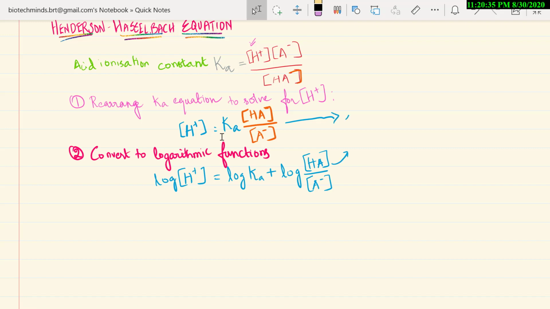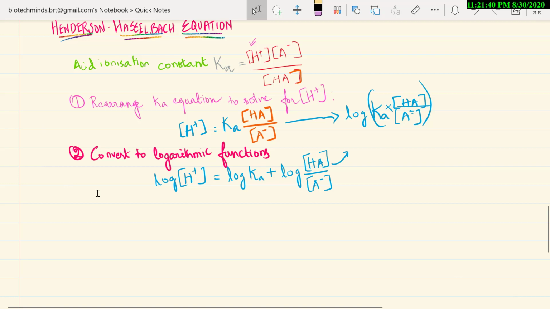So I have log Ka, HA, A minus. Okay, the whole log of Ka and HA. Now we are going to apply this log for Ka as well as for this conjugate base and weak acid. Then this becomes, here it is multiplication. Then if you apply log individually, it converts into addition. That is the second step.